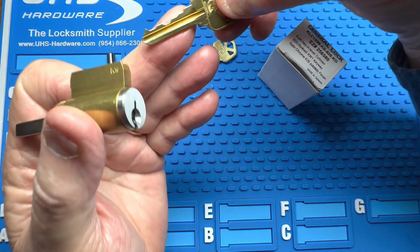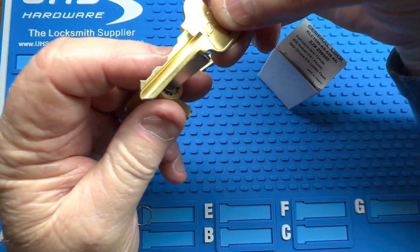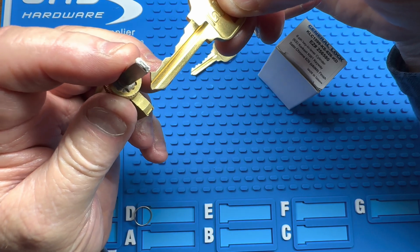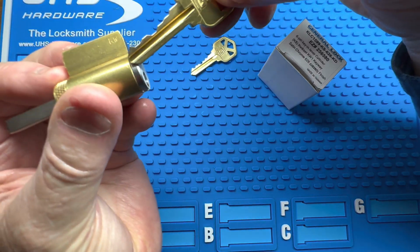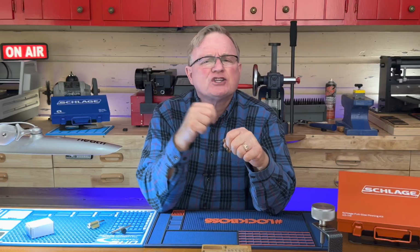When you stick this in, notice the tip of this key. It has a hook to it. So right here, you have all these highs and lows, and it comes to a hook. So when you stick a hook in any cylinder that has pins in it,